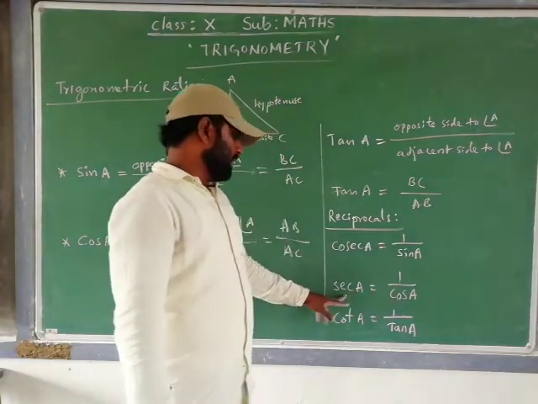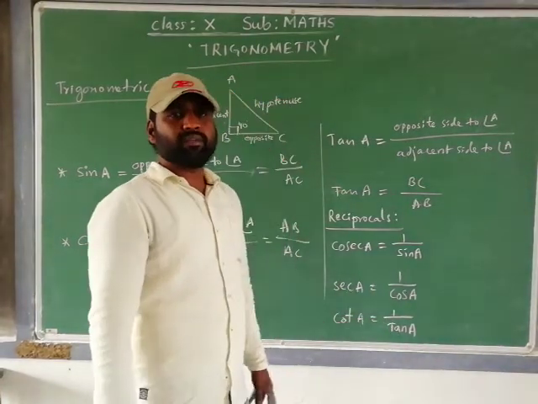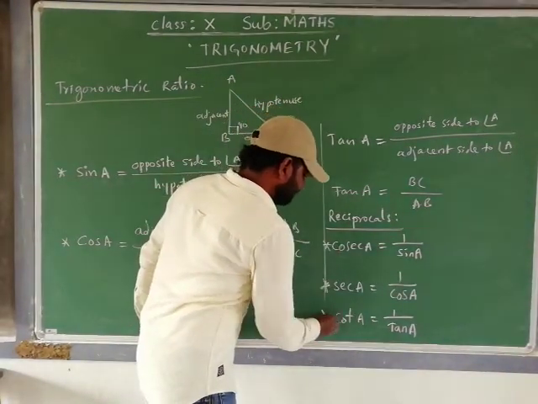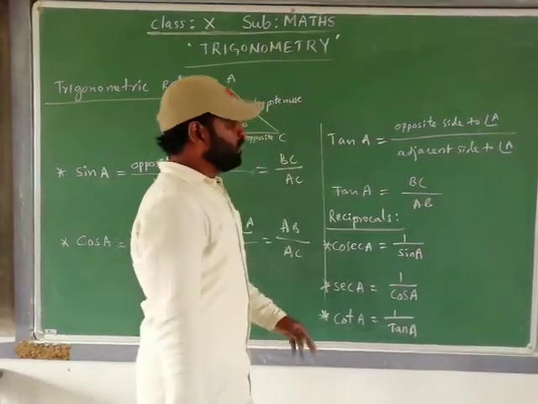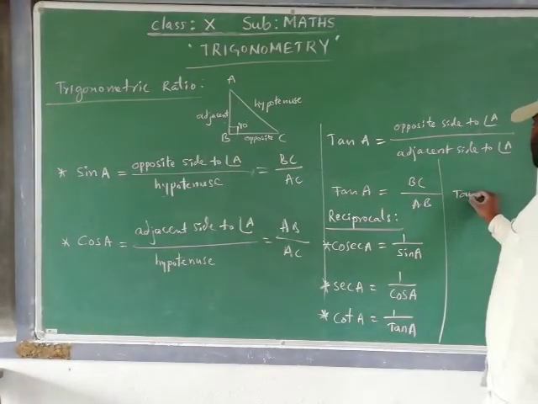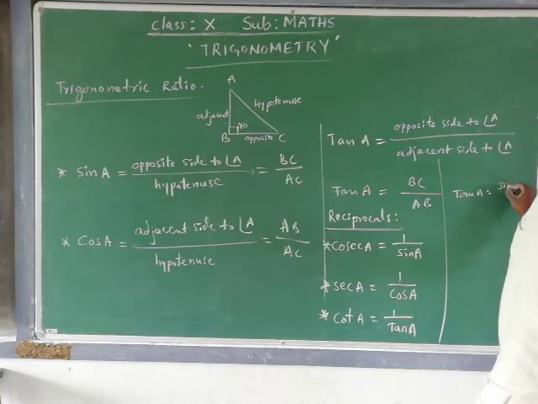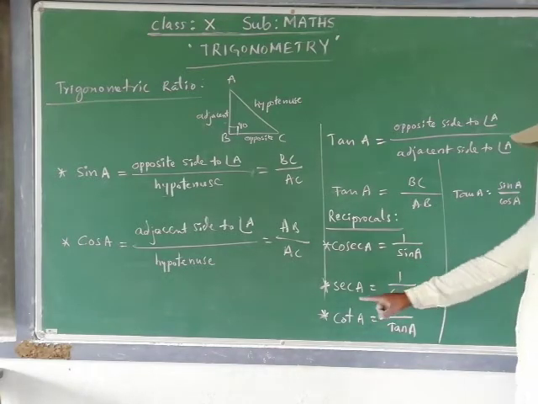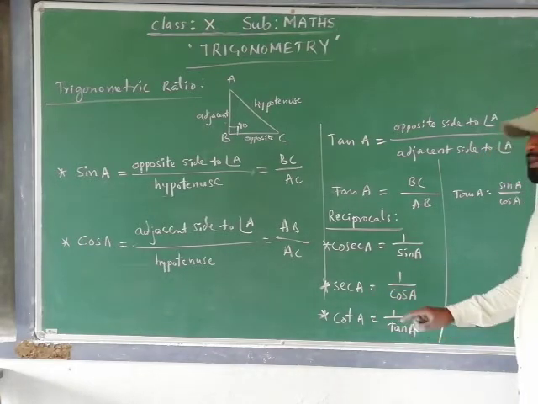Cos reciprocal is sec. Tan reciprocal is cot. Remember the other three also. Understand? Now, if you go for the relation, tan A is equal to sin A by cos A. Okay? Now, cosec A means 1 by sin A. Sec A means 1 by cos A. Cot A means 1 by tan A.